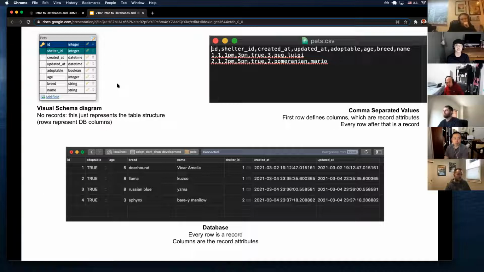I hope that this is not more confusing that I added in these diagrams, but I know that we're working with the visual schema, and I wanted to make that distinction that there's no data in the visual schema. This is just for documentation. And then as we move on and think about working in our application,